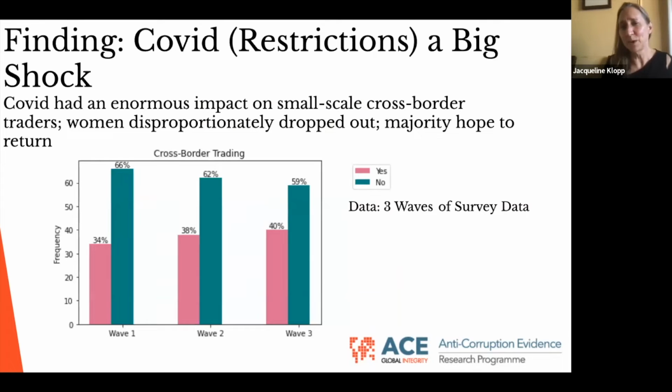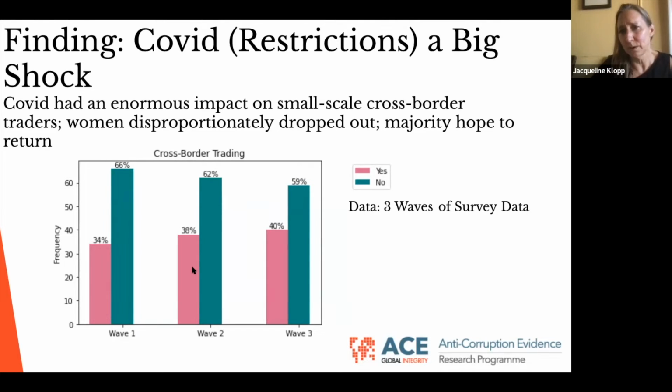So what did we see? I'm going to give you just a tiny sliver of some of the interesting findings. We obviously have a massive database from all of this. But the first thing we found that's very clear is that COVID and the restrictions that were put on small-scale cross-border traders was a massive shock. You can see from these numbers from our surveys that large numbers of the traders in our group had dropped out. And we found that women disproportionately dropped out,